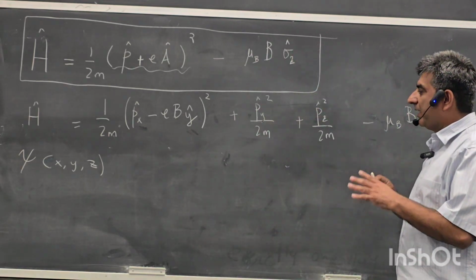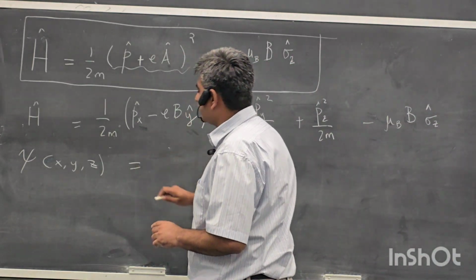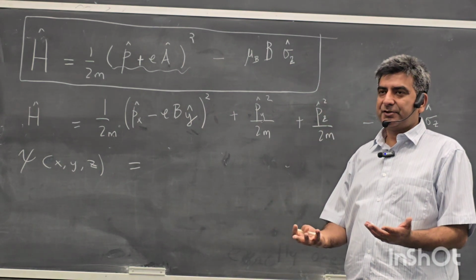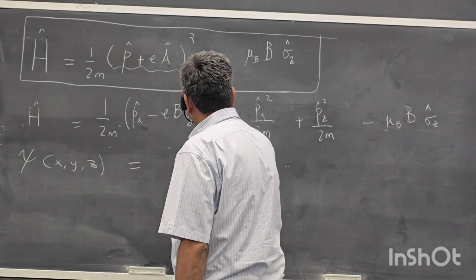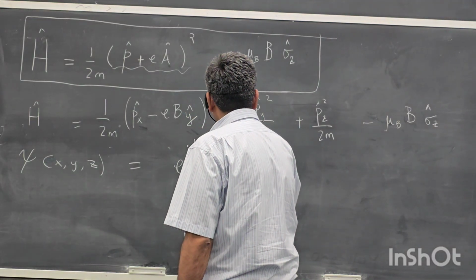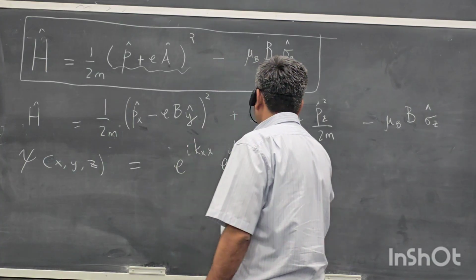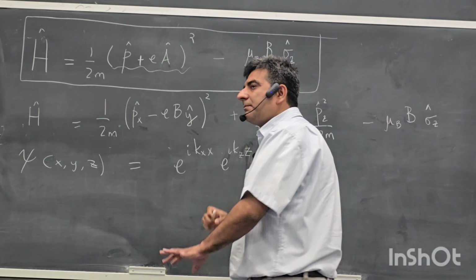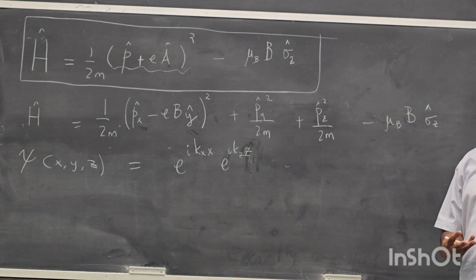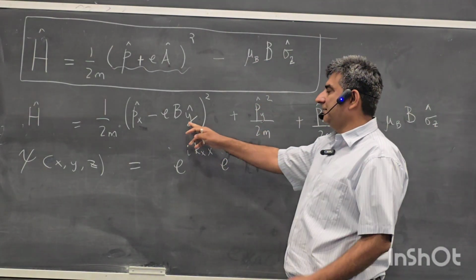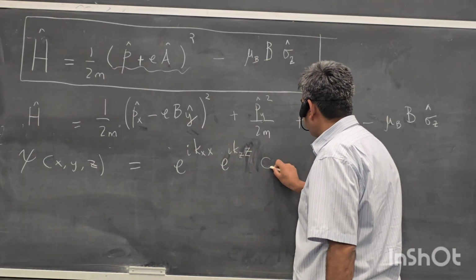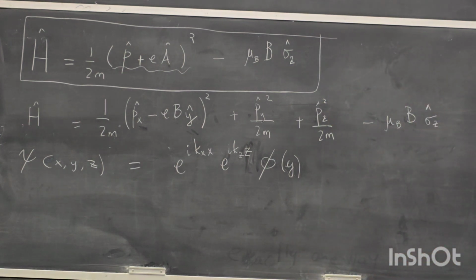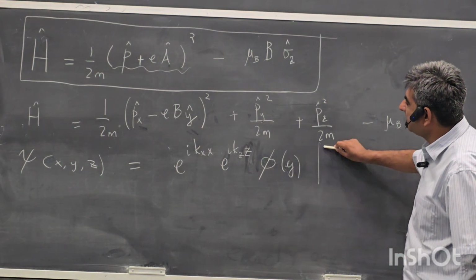That's why a suitable ansatz would be a plane wave along the z direction and a plane wave along the x direction. So e^(i kx x), e^(i kz z), and some arbitrary function of y is needed because of this y operator. Let's call that arbitrary function phi of y. So this is a suitable ansatz,